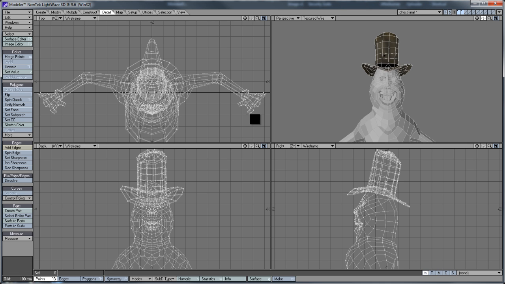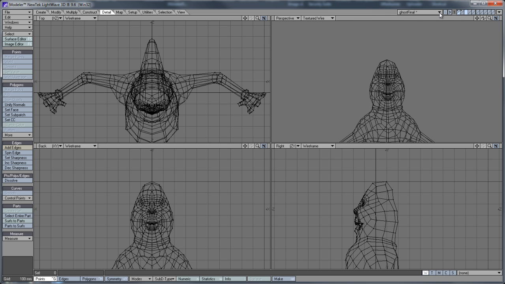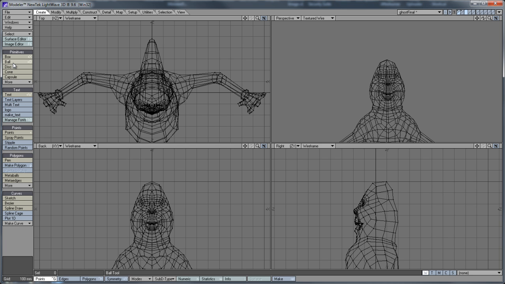All right, once we get that looking right, we want to go ahead and make some eyeballs for this ghost, and I'll do that with the ball primitive in Modeler. And you'll see that I cut the ball in half. I'm not going to rotate the eyes. Cutting it in half saves, well, half the geometry. So all we need is just kind of an eyeball representation, and we'll create that now.